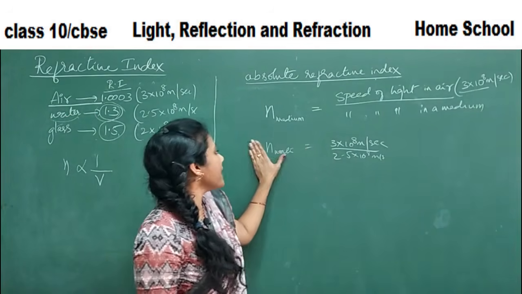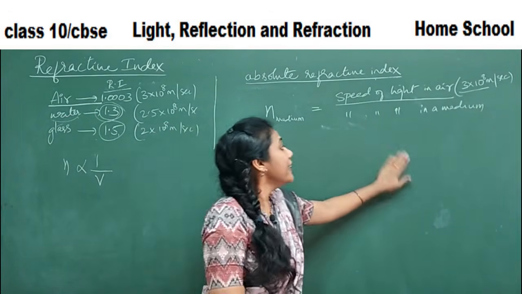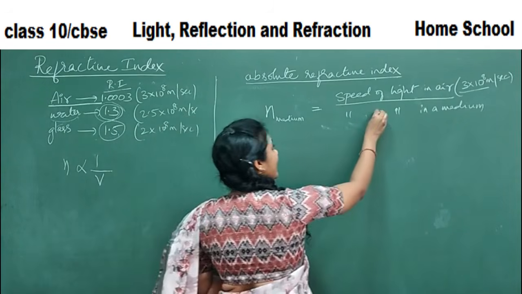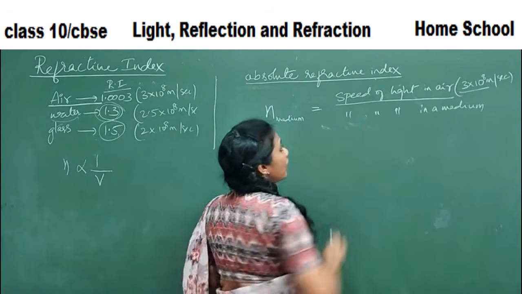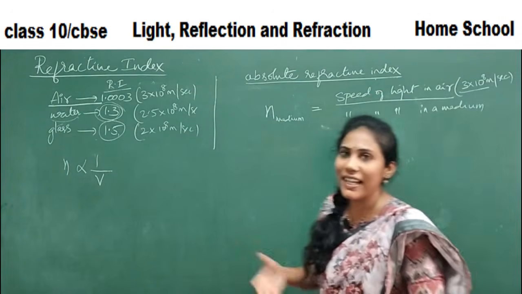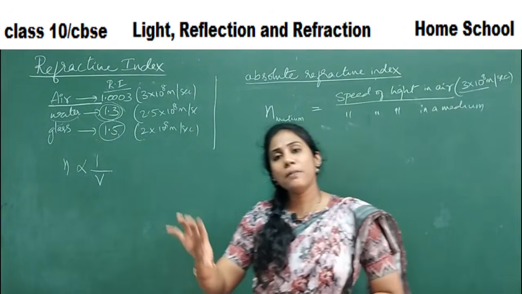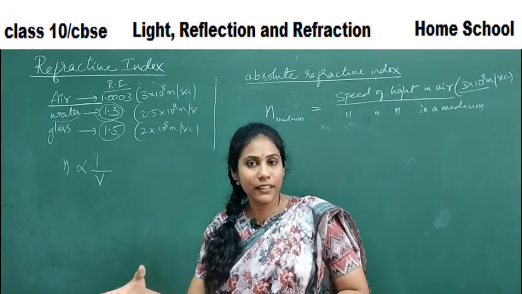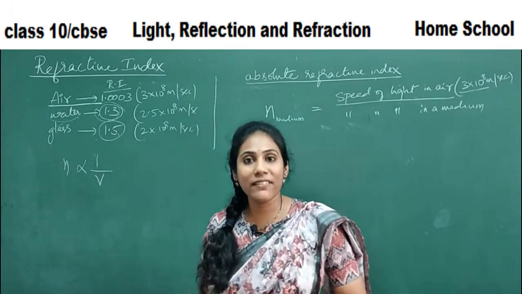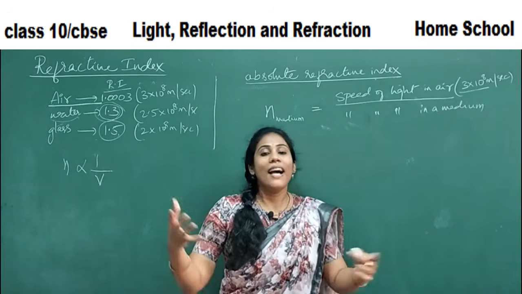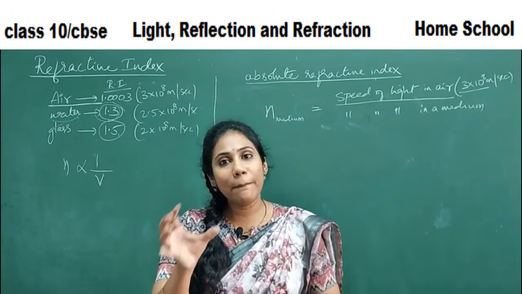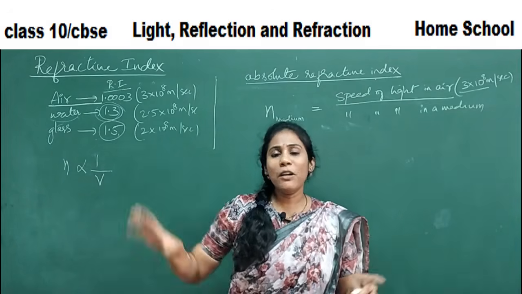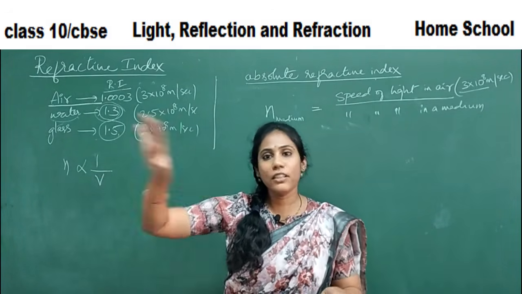So this is how you can calculate refractive index of any medium. See, you are calculating with respect to the speed of light. It's like, logically I said, say which is the tallest mountain in the world? Mount Everest. So any mountain's height you will compare with Mount Everest only, right? Say in my area I have a mountain. If I have to compare the height of this mountain with anything, I will take Mount Everest only because it is the tallest peak.